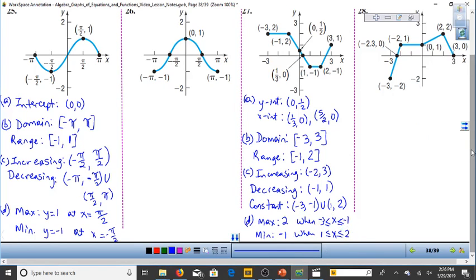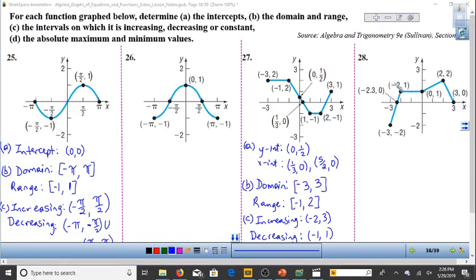Now, as before, I'm going to leave you to try this next question here, number 28, on your own